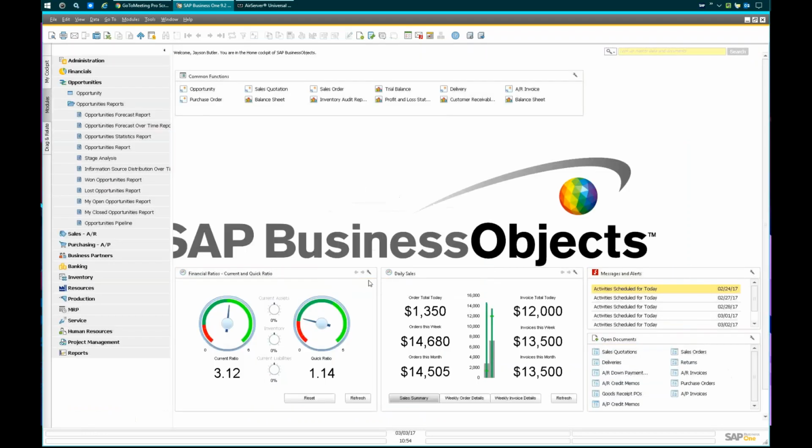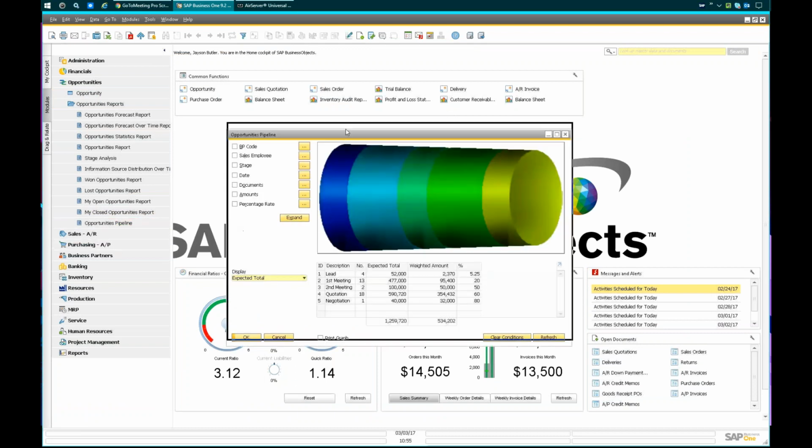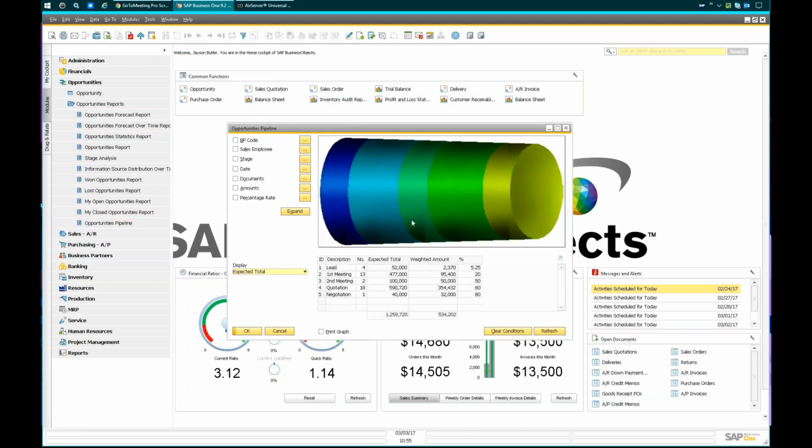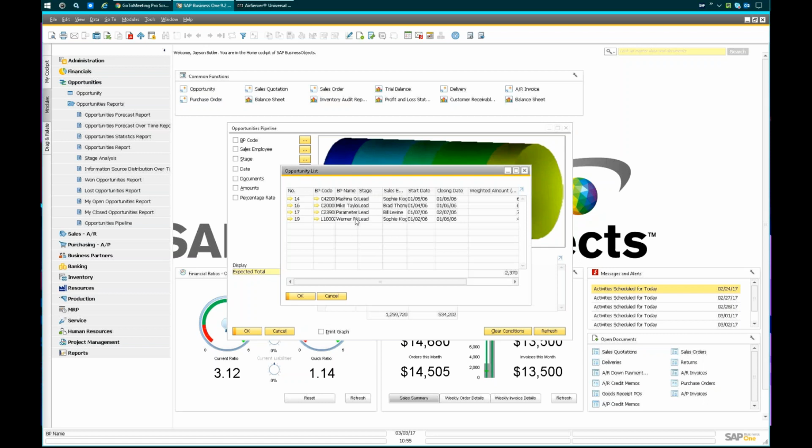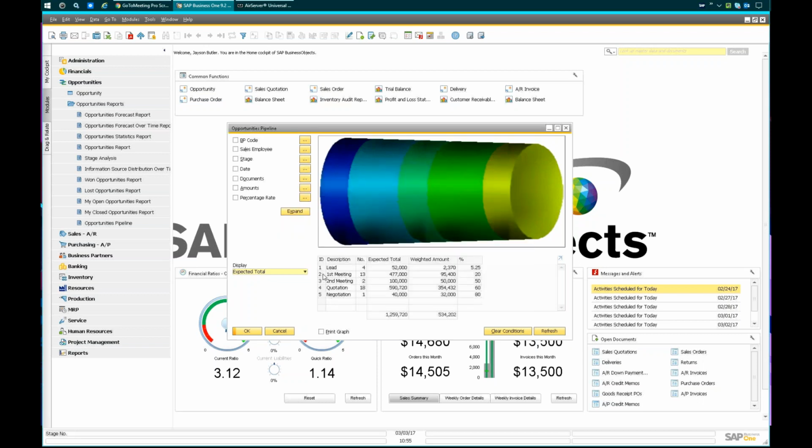The last thing that is a giant benefit from using a CRM module like this is the opportunities pipeline. You have this popsicle-looking thing, and this shows you your divisions based on the different stages. So you can see if you're jammed up in the prospects, maybe everything's dying on the vine, and you have this giant lead section, and you can double click in here and see what opportunities are there, and see maybe you can support some of these different sales employees on building their quotes and getting in the door. And again, it gives you real actionable, intelligent